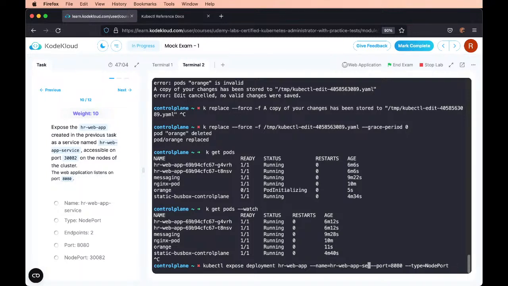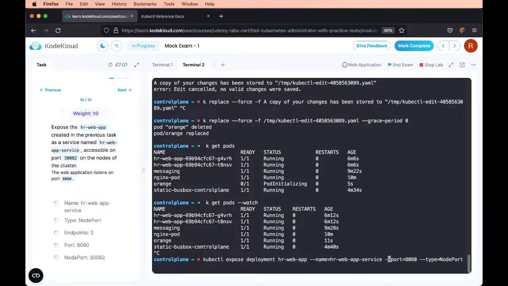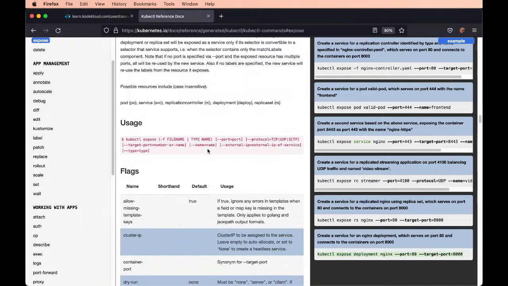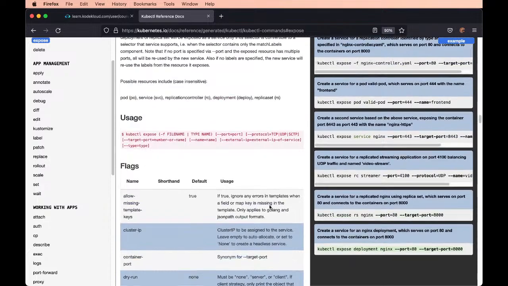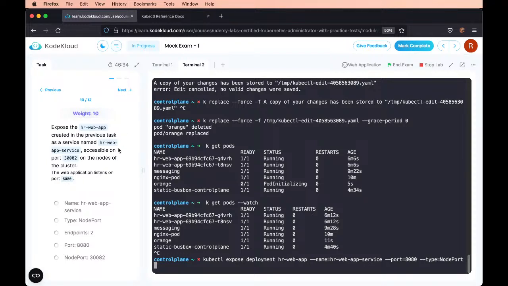HR web. Type is node port and, okay, endpoint node port is